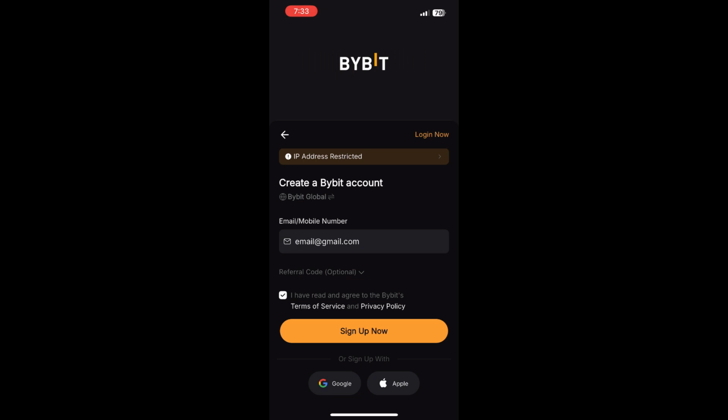Depending on your country, Bybit may also ask you to complete identity verification, KYC, before you can fully trade or withdraw. Just follow the on-screen instructions to upload your ID and selfie if required. Once that's done, your Bybit account is ready and you can start depositing, trading, or using their other